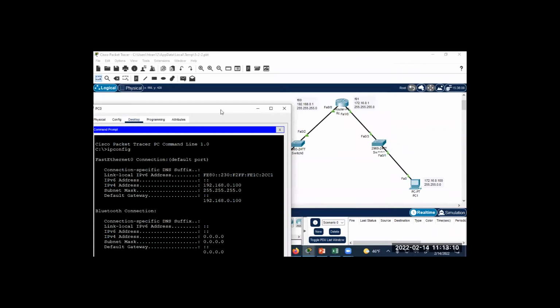Now, if you look at the IP address here, 192.168.0.100, correct? The subnet mask here, 255.255.255.0, correct? The default gateway correct or not? No. Why? That's not correct. Why not correct? It's the same as the